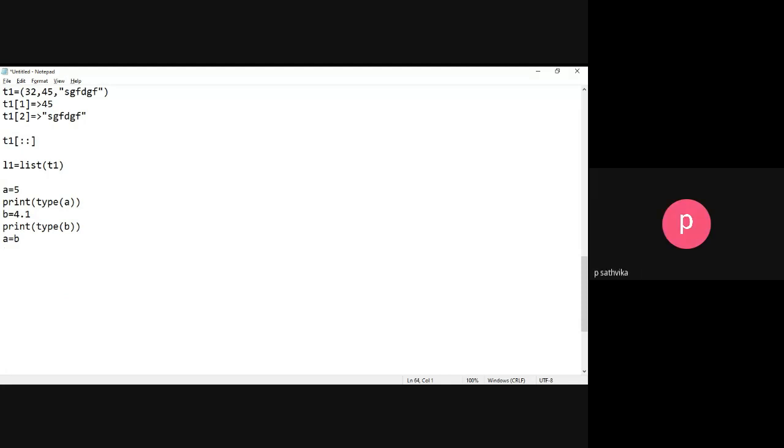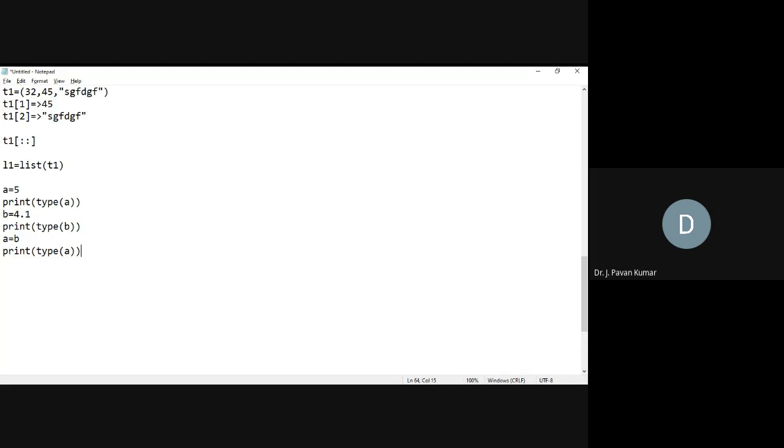Type of B will be float. Now, if you print type of A after A is equal to B, what is the type of A? It will be float only, sir.